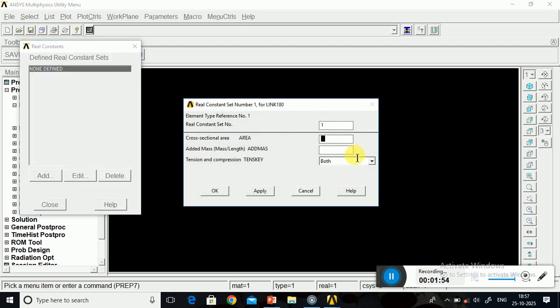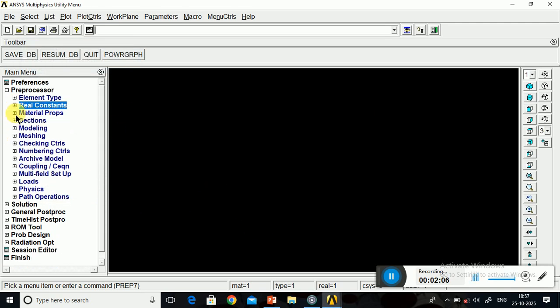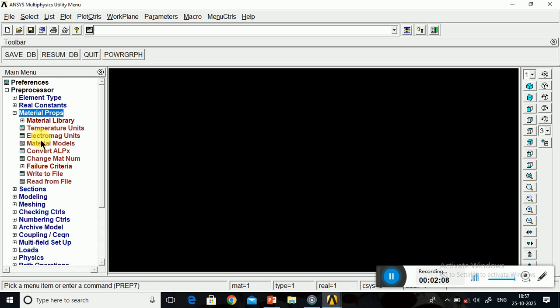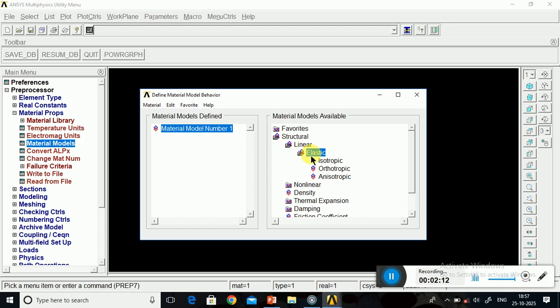Now here cross section is given, which is 20 millimeter square, so 20 to the power minus 6. Okay, we just have uniform cross section, then material property, material model, structural, linear and elastic.